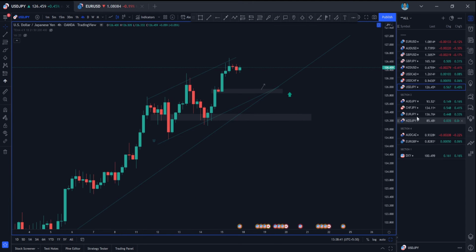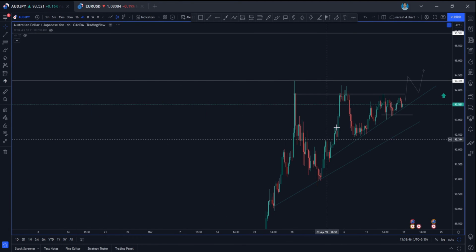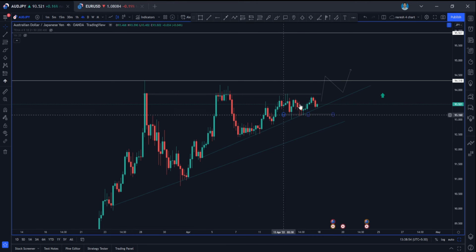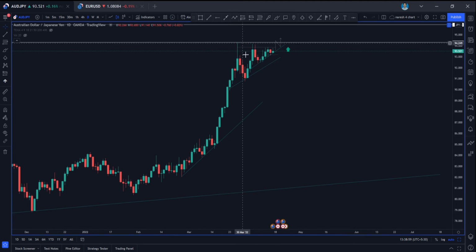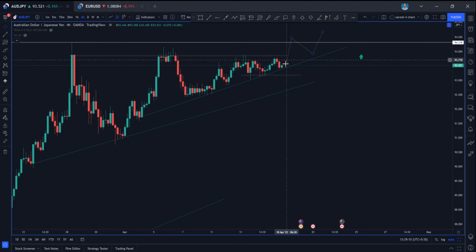Okay, so next would be AUD JPY, guys. In AUD JPY, we can clearly see here we are consolidating and forming some kind of triangle pattern here. I'm also looking for long entry only, because even though there is a rejection here, the price made a rejection from here, and it is not able to continue down, so it is pushing up. So that's why there is a consolidation here. So what I'm looking is, if there is a break and close above this area, wait for the pullback up to this level again, which is an important support near the trend line as well. I'm looking for long entries from there.